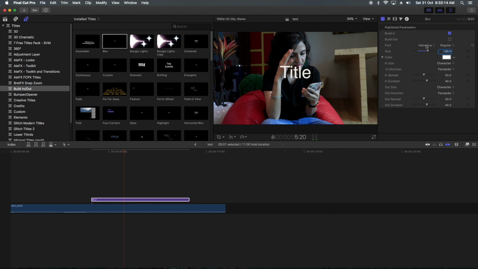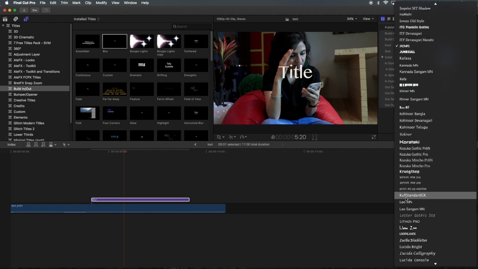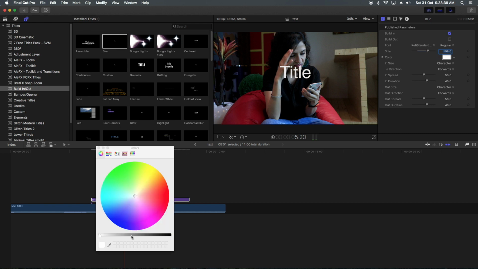Second, you can even choose fonts. If I click on fonts, whatever fonts are available in your system will show, and live it's showing us the effect we will get at the time of title selecting. Okay, I can choose as per my desired font. Another is color. If I want to change the color of this title, I can change it, or I can even pick a color from my background to match it with the background layer. Okay.